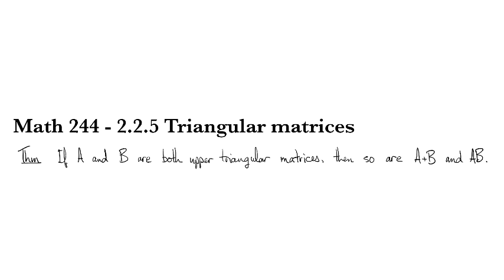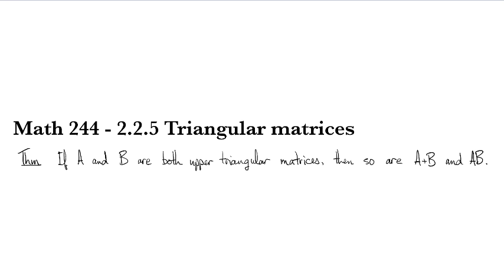Now that we know how to do arithmetic with matrices, it's interesting to look at how those arithmetic operations like scalar multiplication, addition, and multiplication behave with respect to other things we know how to do with matrices, like transpose, or for example, triangular matrices. And the first thing that we have is a theorem, and so this abbreviation right here stands for theorem,